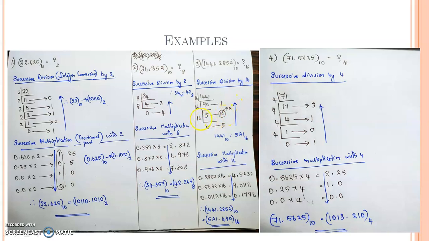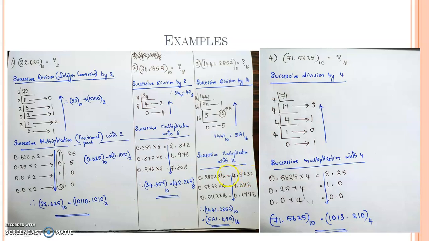Again, 5 divided by 16, the quotient is 0 with remainder 5. So you got the quotient 0, you stop there and then take the remainders in the reverse order. So 5A1 is the hexadecimal equivalent of 1441. Now how will you convert 0.2852? Perform successive multiplication with 16. So 0.2852 into 16 is